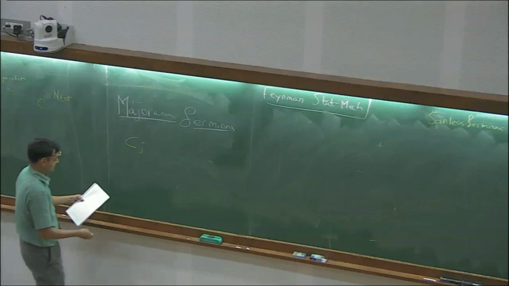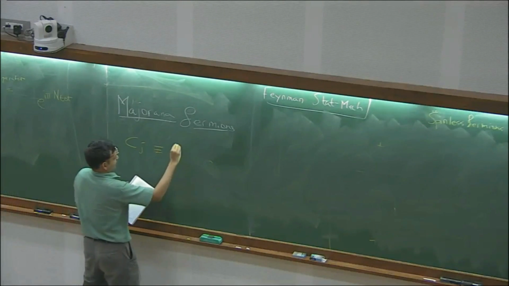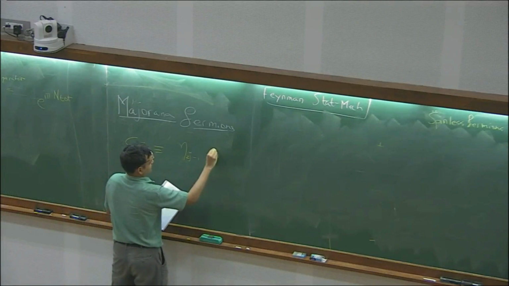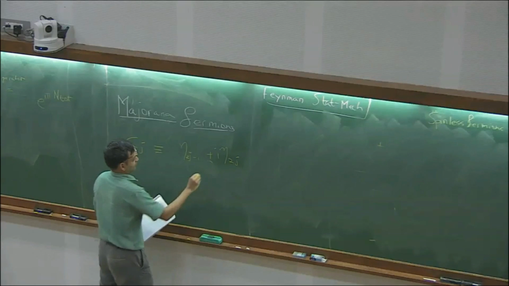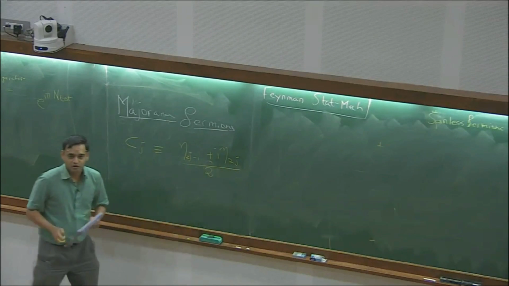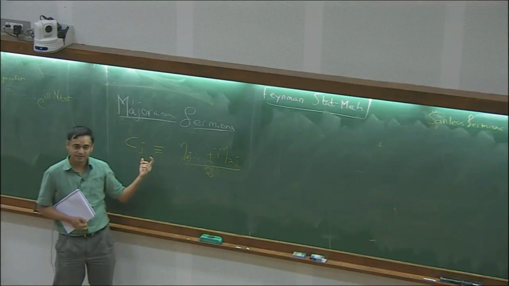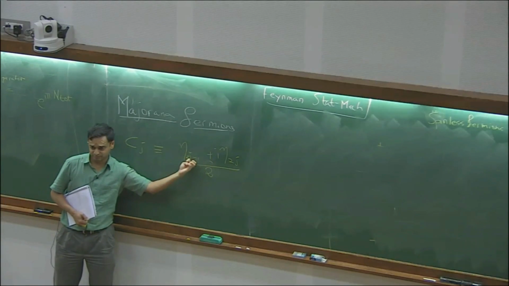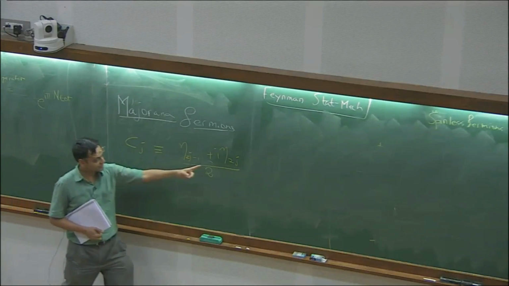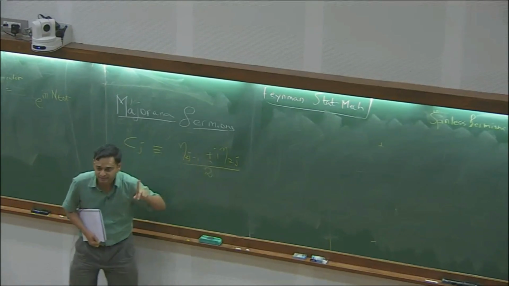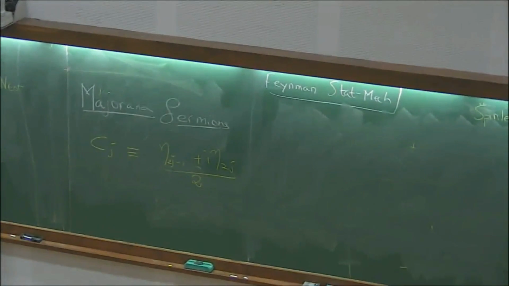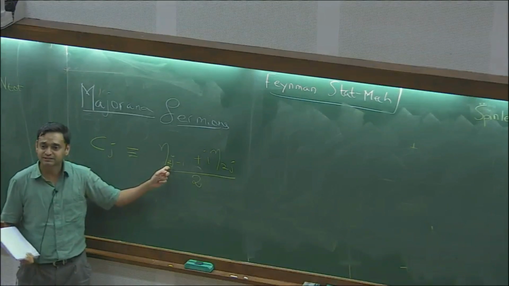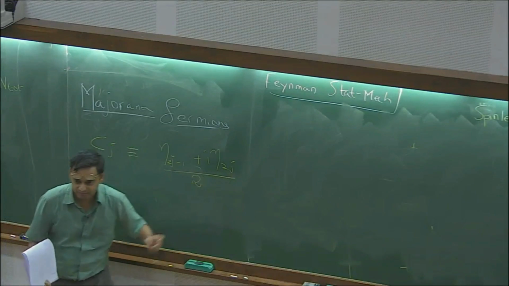So let's write C_j as eta_{2j-1} plus i eta_{2j}. So the convention is that the real part is always going to be an eta operator with an odd index, 2j minus 1. And the imaginary part is always going to be an eta operator with an even index. Okay? So we are allowed to write this down as long as we then faithfully follow it up and ask what are the algebraic properties of these operators.